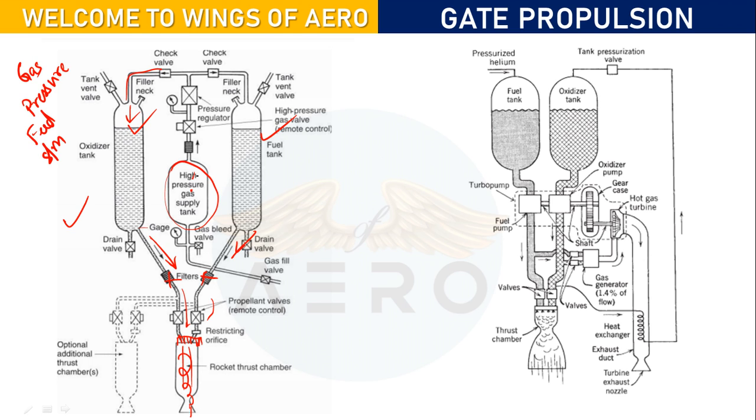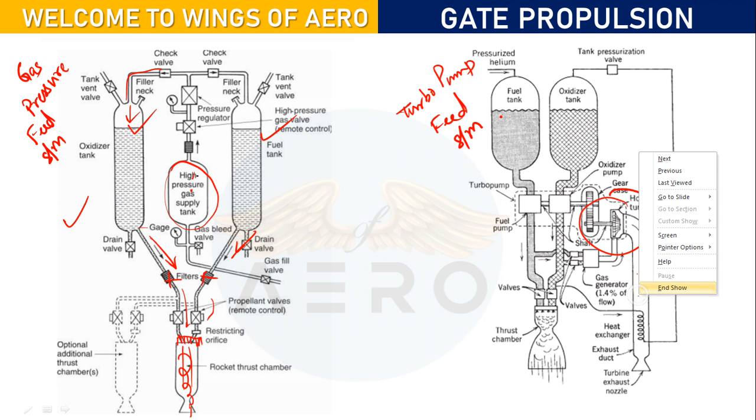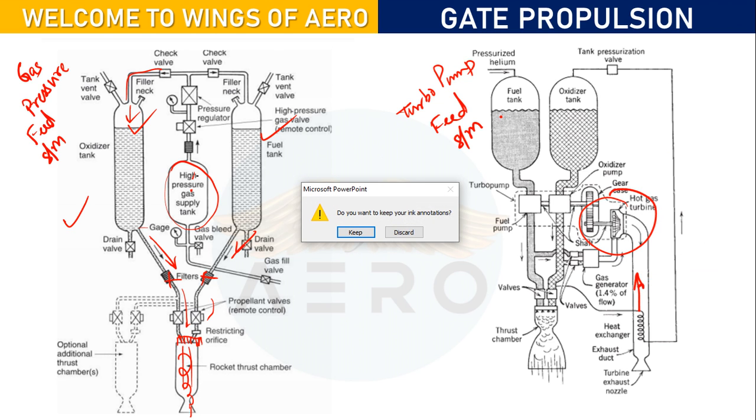But in case of the turbo pump feed system, the propellant from the tanks is pumped into the combustion chamber, which is driven by this particular gas turbine. They will have a separate gas turbine which will be completely driven by that, and the turbine works under